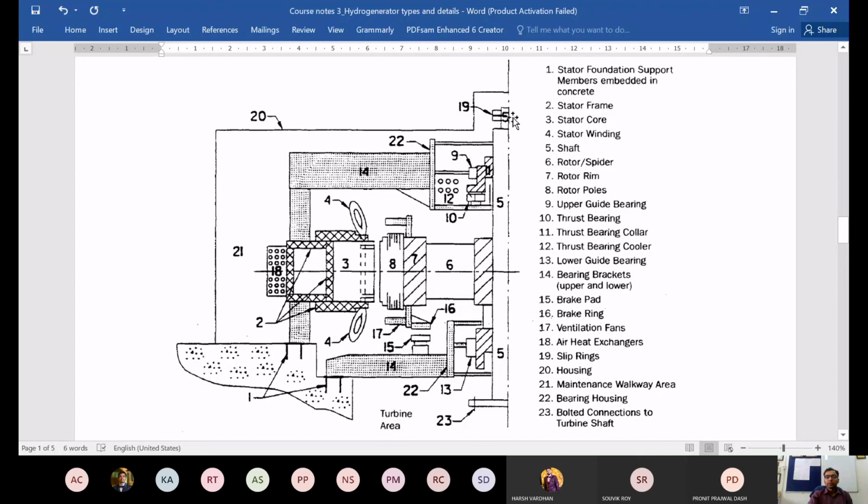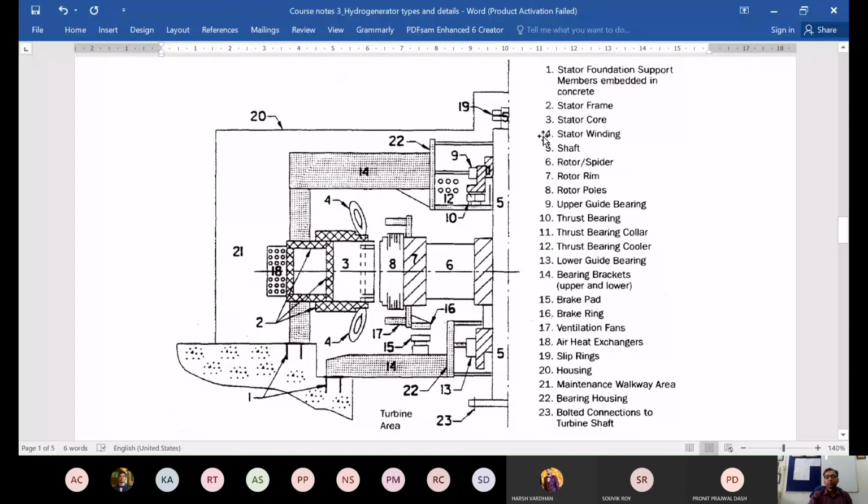19 is the, so this is a slip ring type generator which was used earlier. Now no bigger system will have this type of a thing. It will usually have an exciter here. So instead of the slip ring, there will be an exciter, and we'll look at that also in the video here. So here there is a slip ring, but either way, instead of a slip ring, it can be an exciter here. So the idea is that the DC power supply can be fed from top. So that is 19. Then 20 is the housing.